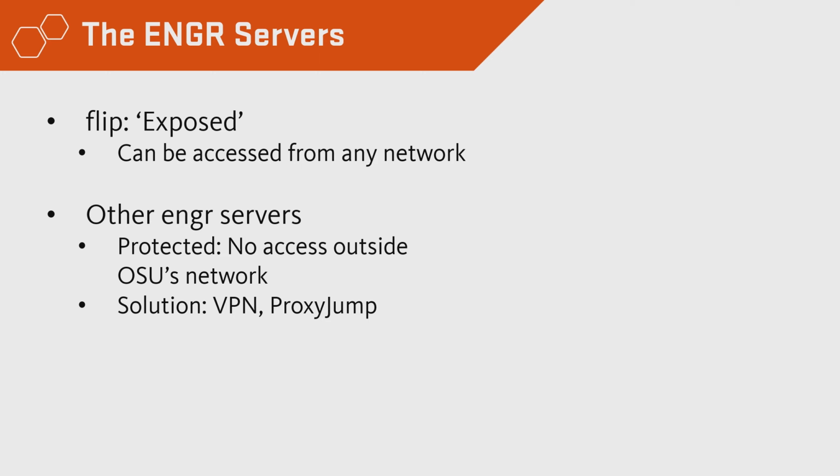There's some caveats with VPNs, which we'll get into in the next slide. The other option is to do a proxy jump. Basically, that just keeps you fully contained in SSH, which is great. I just SSH to Flip and then SSH to OS1 or whatever server I'm trying to touch. Because Flip is on OSU's network naturally, it allows me to connect to some of those other servers which are